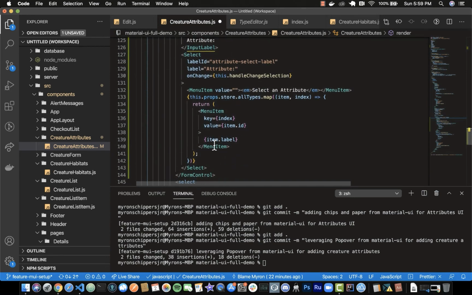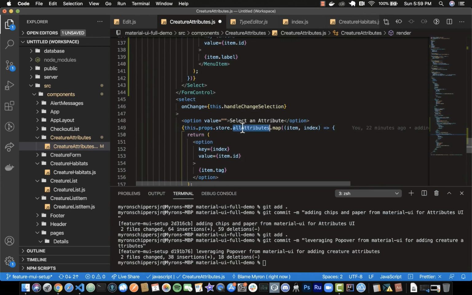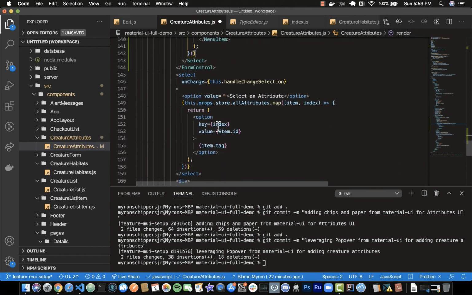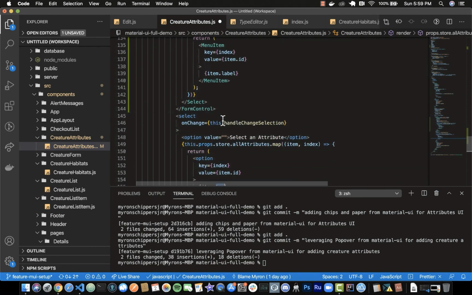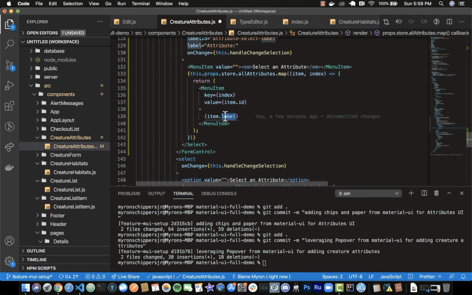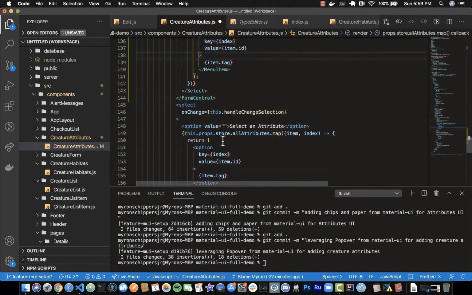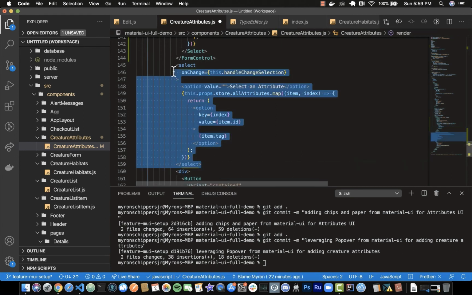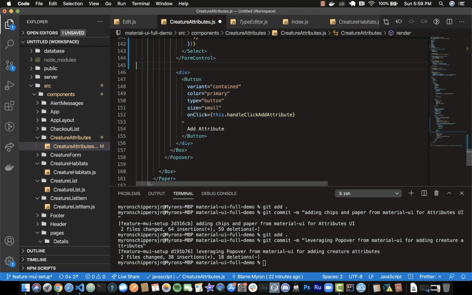and then I need to change this stuff here to match what we're using here. So we're using all attributes from props.store. So all attributes is now being used here, and then I need tag, not label, on the other part. So tag, item.tag. So now we should be able to get rid of the select here, and we should be good. So let's go ahead and delete it, cross our fingers, and hope that we got